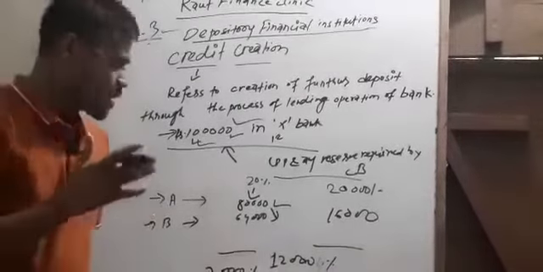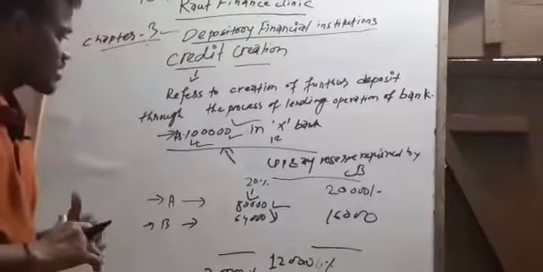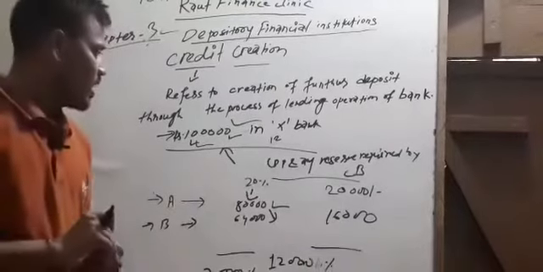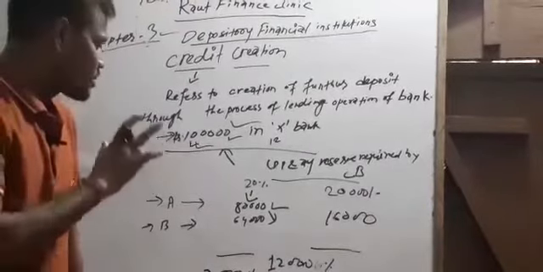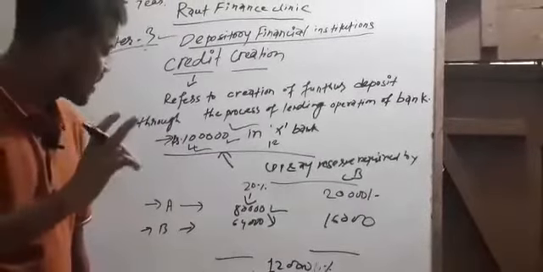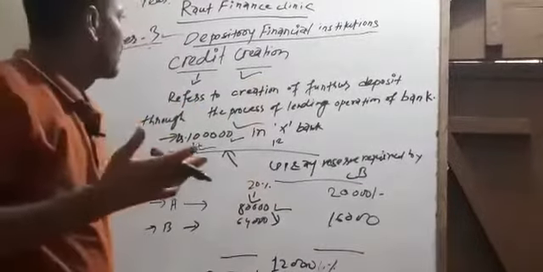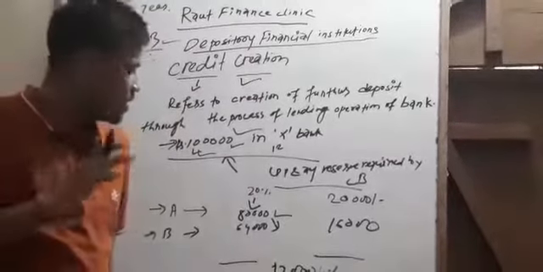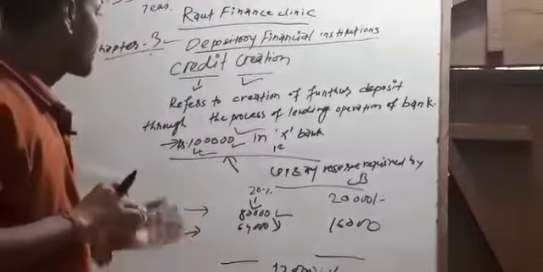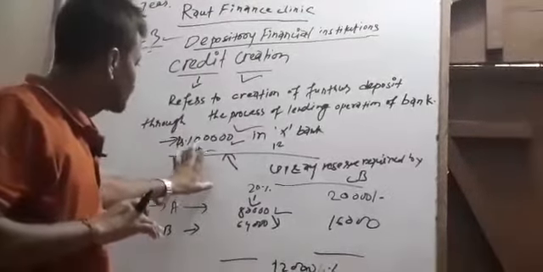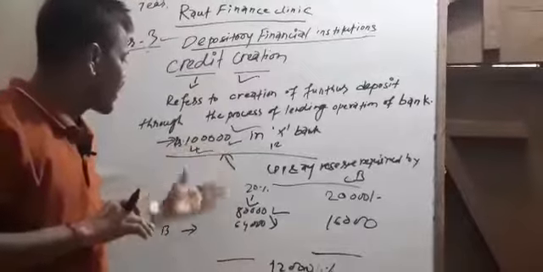withdraw the amount in the same period of time, so they know the interval of transactions done by customers, and they are doing this and earning too much profit. And one of the major problems of liquidity in the market is credit creation. If any bank or system has more credit creation in the economy, then there is a shortage of cash and a liquidity crisis in the economy, because we see here the primary we have is 1 lakh only in the system, but with the help of 1 lakh we can create 5 lakh, 4 lakh extra.